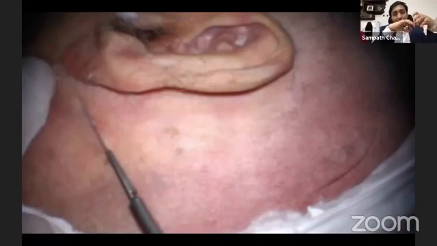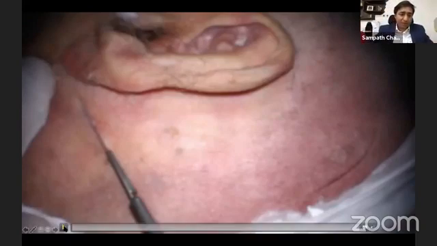This was recorded fairly well, so I thought I'll show this dissection and take you through the steps of the infratemporal fossa approach. Now, the incision is cranio-temporo-cervical. At this point, I'm just putting the cranio-temporal part of the incision,